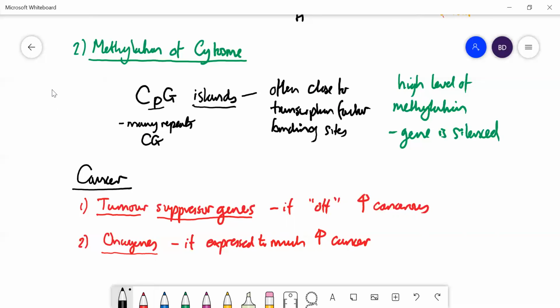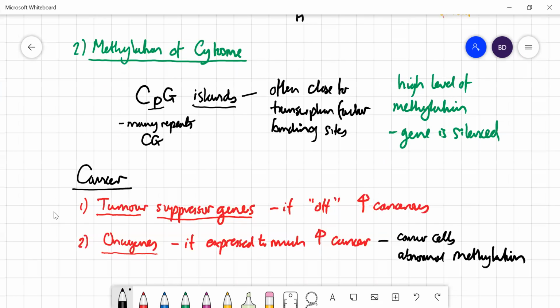And in cancer cells, if you look at tumor cells, they have abnormal methylation patterns for the DNA. And that is definitely a target. People are looking at ways of controlling and intervening in the level of methylation as a potential way of stopping cells becoming malignant. Right, before we finish, let's get on to the transgenerational